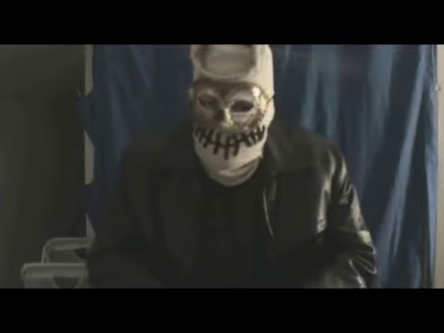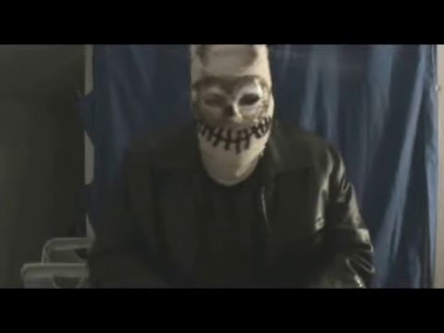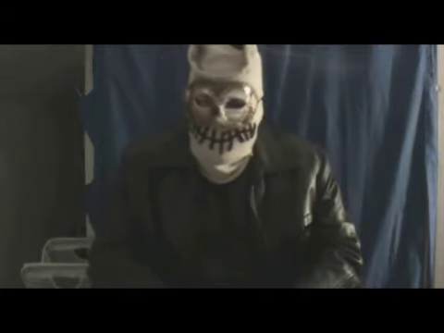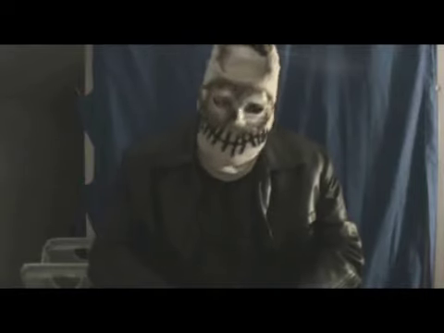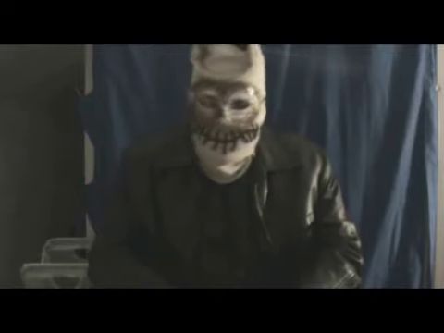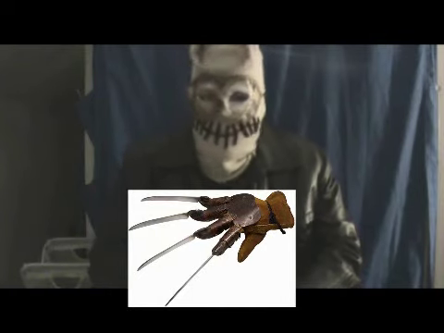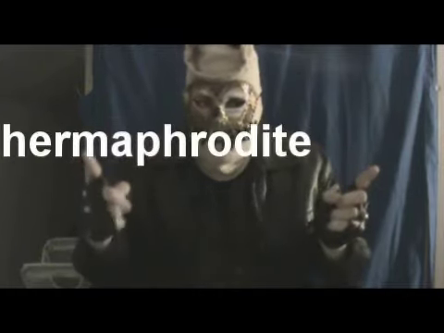Next we talk about your weapon. There are many different choices in the weapons category. There are several kinds of blunt objects like axes, clubs and hatchets. There are knives like carving knives, butcher knives, scalpels. Don't use a Swiss Army knife, that just wastes time. Power tools like chainsaws and nail guns. The claw glove used by Freddy Krueger, which is both ingenious and badass. Dildos are in a league of their own. Used on a woman, perverse; on a man, gay; on a hermaphrodite, funny. And then there's nunchucks!